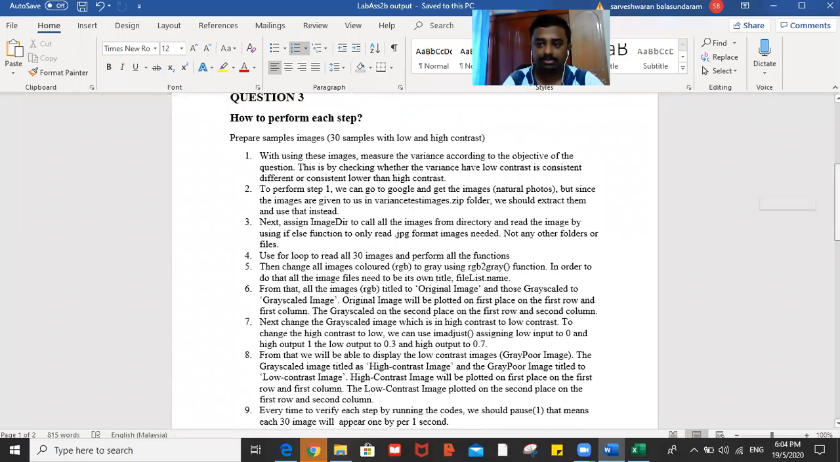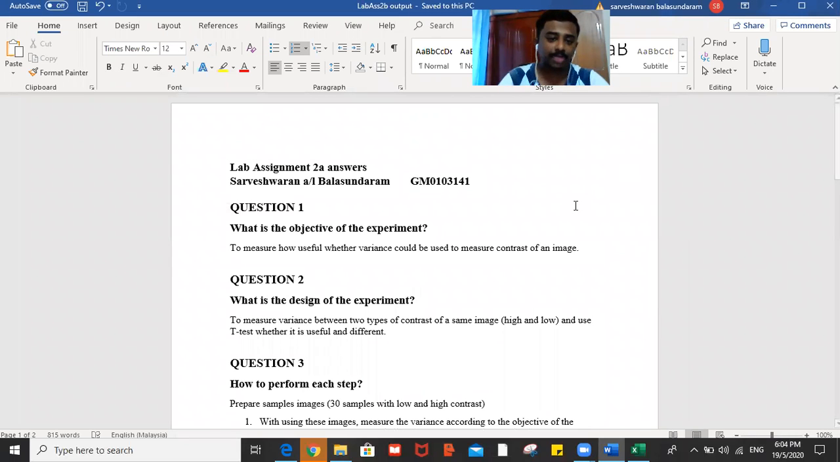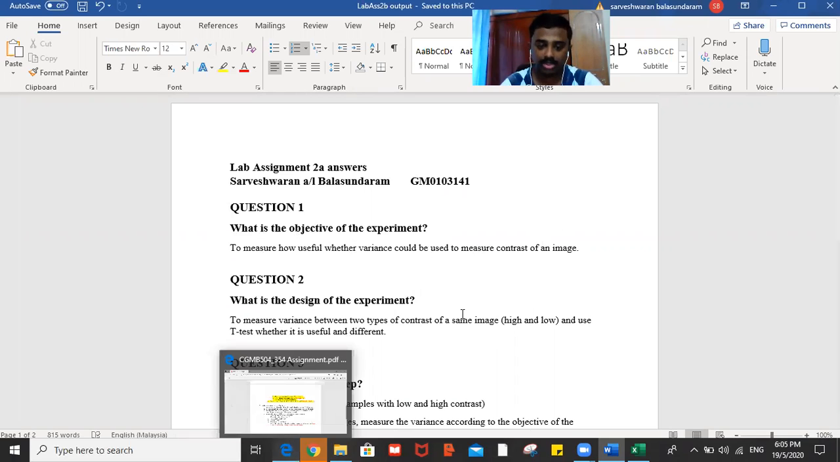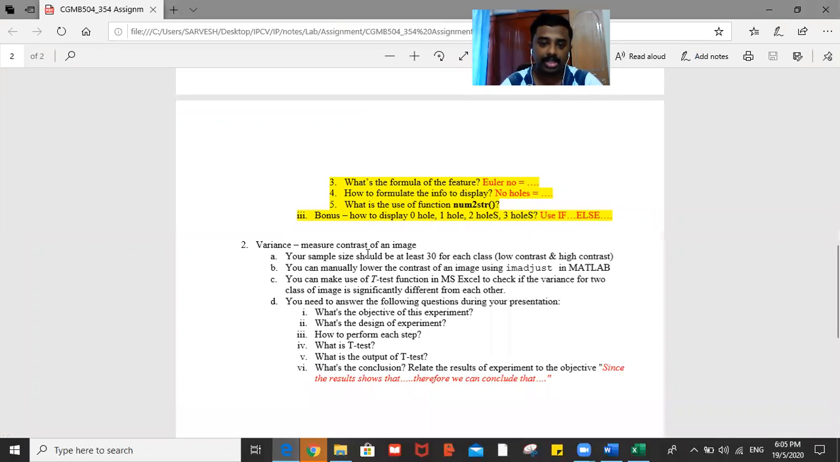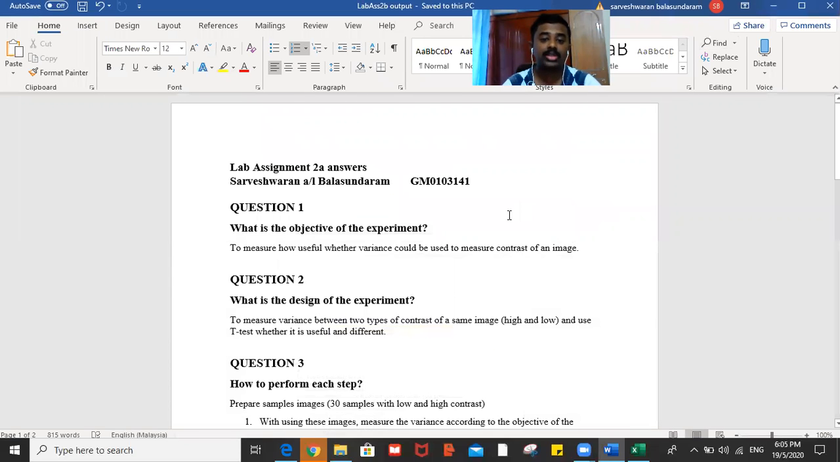Okay. So basically, I've answered the first question. The first question here is: what is the objective of the experiment? The first objective here is actually to measure whether variance could be used to measure the contrast of an image. Basically, our objective is already there in the question itself. So the question here is about measuring the contrast of an image by using variance. So now we're going to see whether it is useful or not